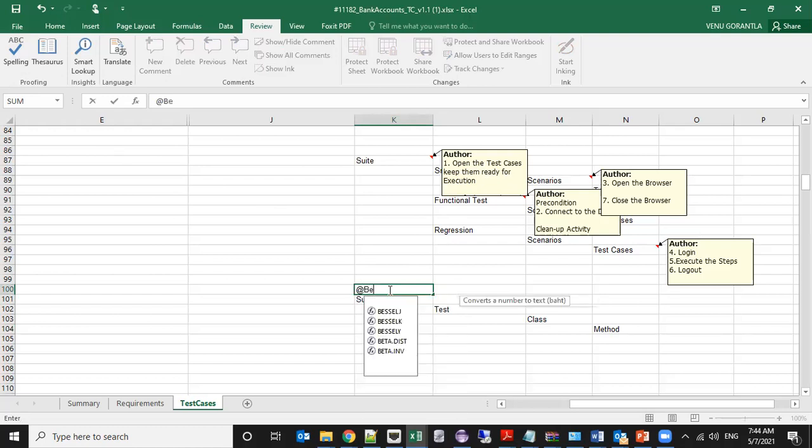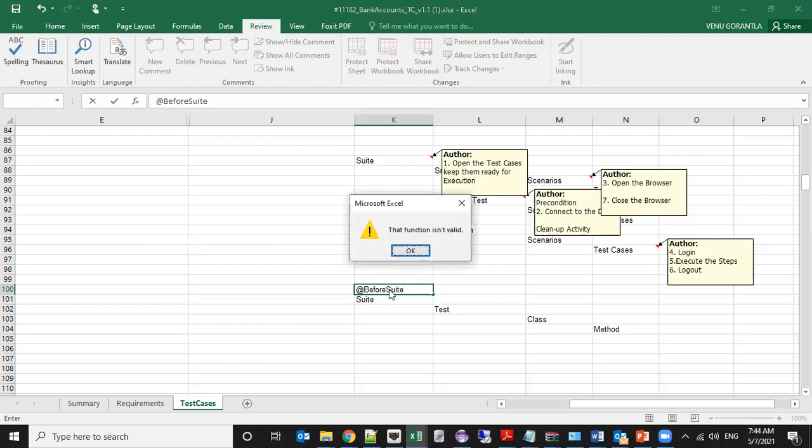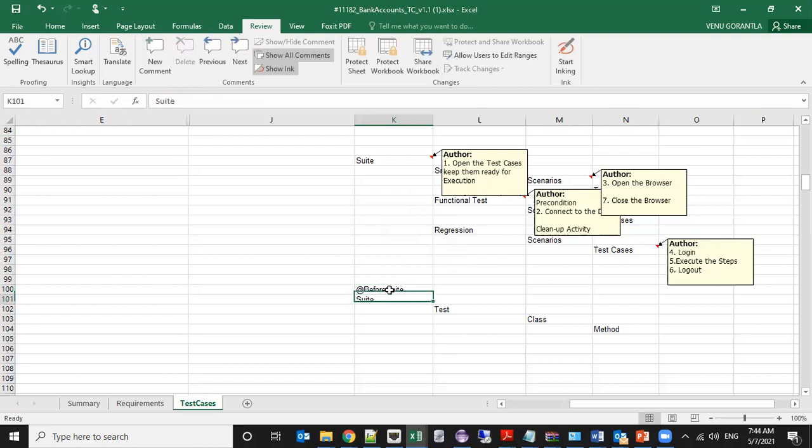At the rate before suite, at the rate before test, then we have something called at the rate before method.